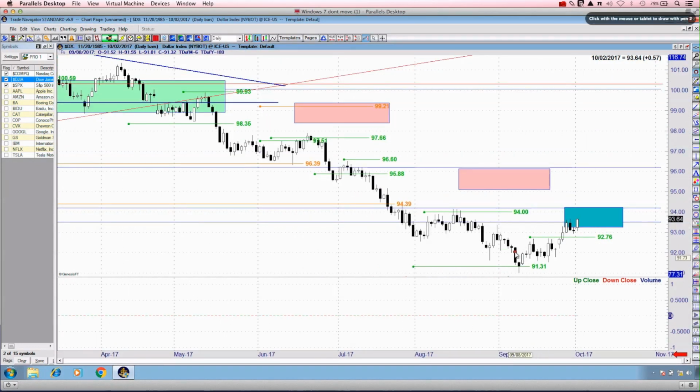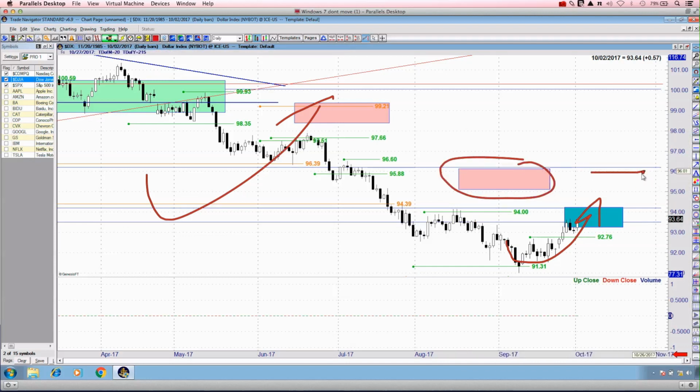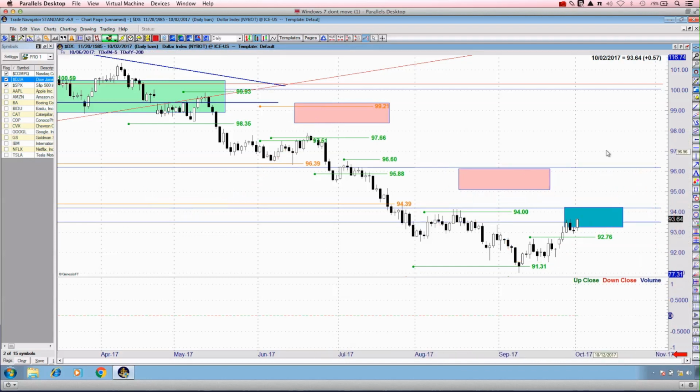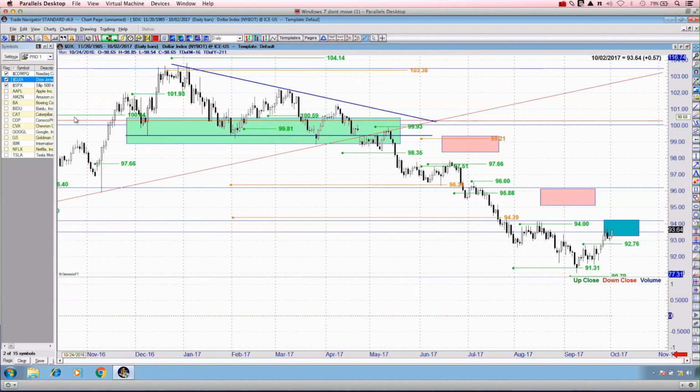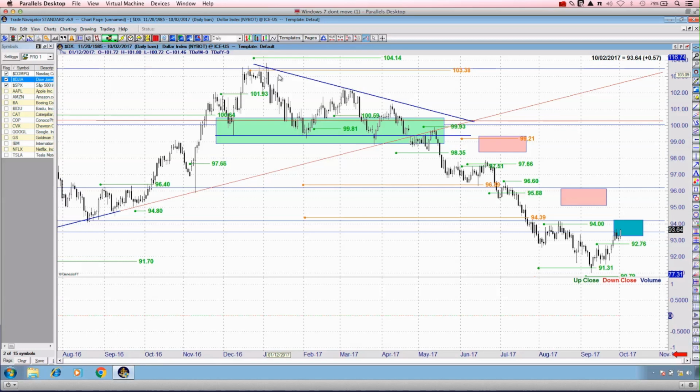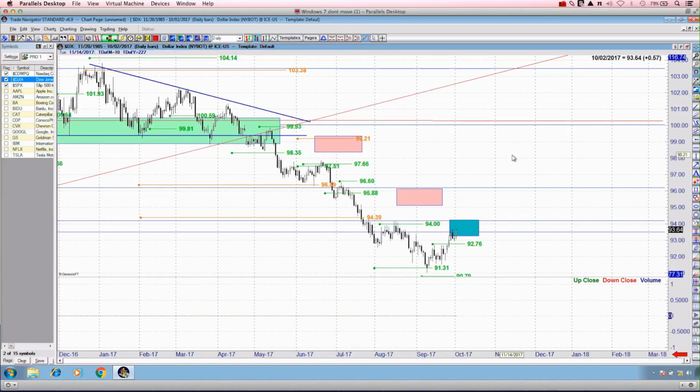The question becomes, is this some form of a dead cat bounce? Is this just some form of a snapback from oversold conditions in the US dollar? And are we going to come back up short term into these higher prices and then roll and continue the bearish trend? Or is this the macro bottom for the US dollar? Has this been that massive correction that we've needed to see since 2014, since breaking out, that has just ended? And are we set to continue this big macro trend advance that has been in effect more or less since 2014? At the moment, we do not have enough information.